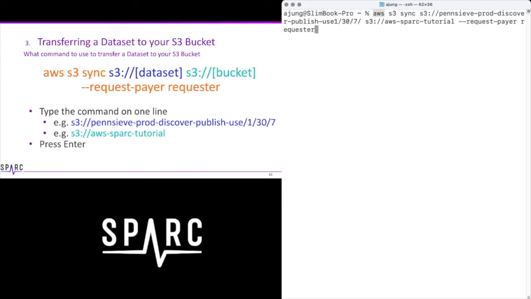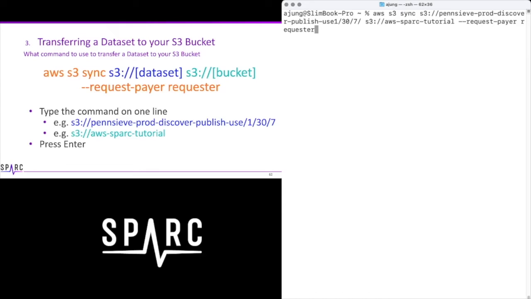To summarize, an AWS S3 command synchronizing from the Spark S3 dataset, dataset number 30, revision 7, the S3 address of your bucket, which will be different than this one, --request-payer requester, meaning you will pay for this transfer.